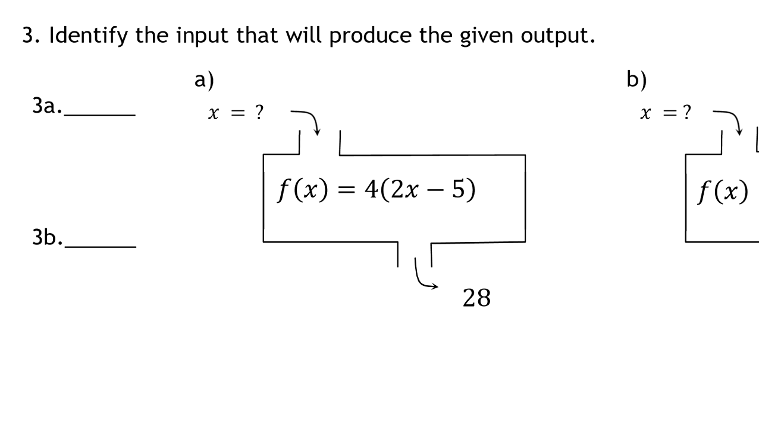So for the next question, it's kind of the reverse. What's happening now is I'm told what the output is. We're told here that this function produces 28, and the question is what value of x would produce that output. So,